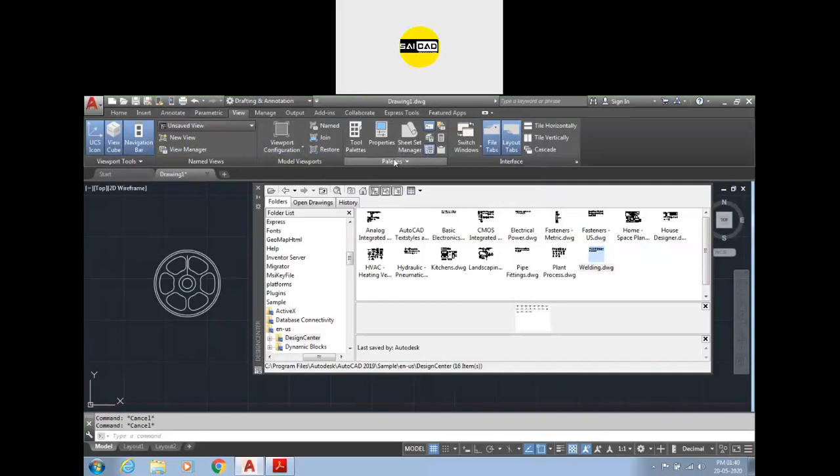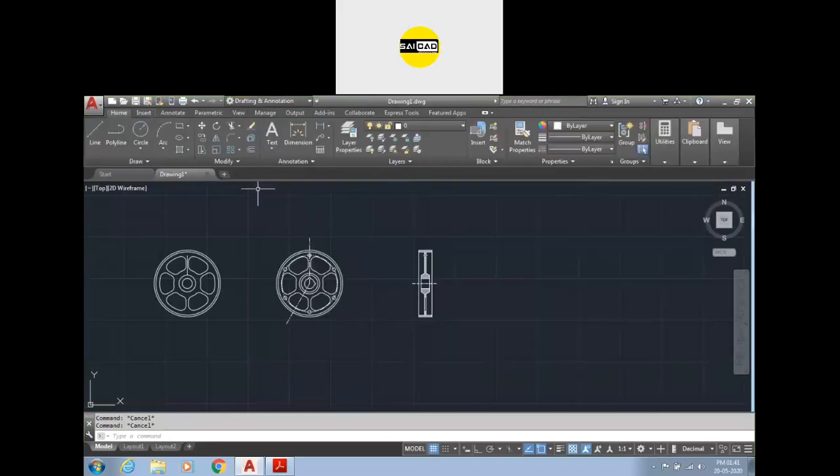In the palettes, we have the option for tool palette and the design center. Actually, it is changed to the small size, so I was not able to find it. So there is the tool palette, there is the design center. Both options can be used from here or can be opened with the help of a shortcut.